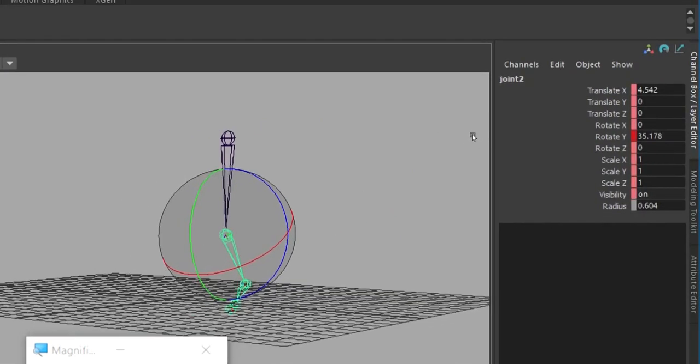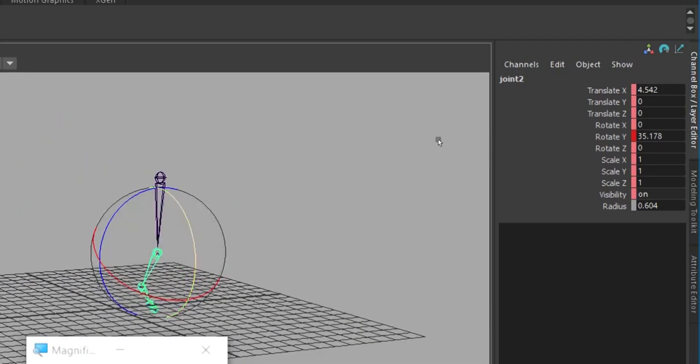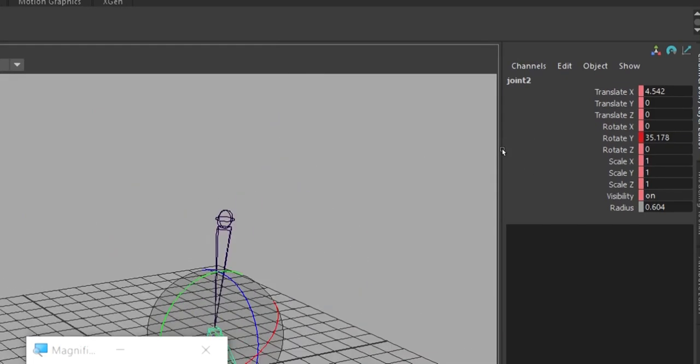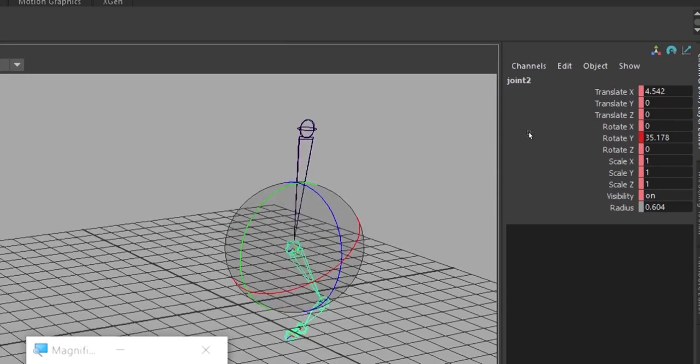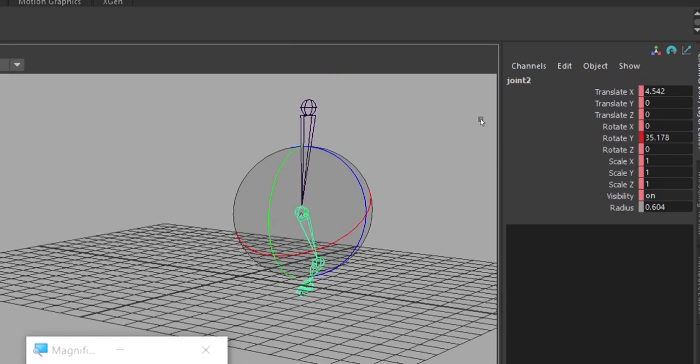In gimbal, see, now I am clicking randomly. What happens? Nothing is getting rotated in the world, right? If I click Y and want to rotate, only Y rotates.